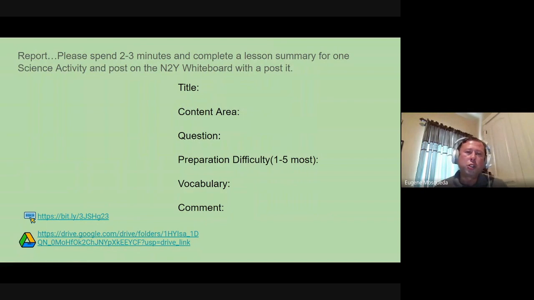So if we could go to the whiteboard and then just use a Post-it and just type in what the title of yours was, the content area, the question. Was it difficult? How difficult do you think it would be to implement that activity? Some of the vocabulary you saw in a comment. That'd be great. And then the whiteboard is in the folder, and it's called N2Y whiteboard.